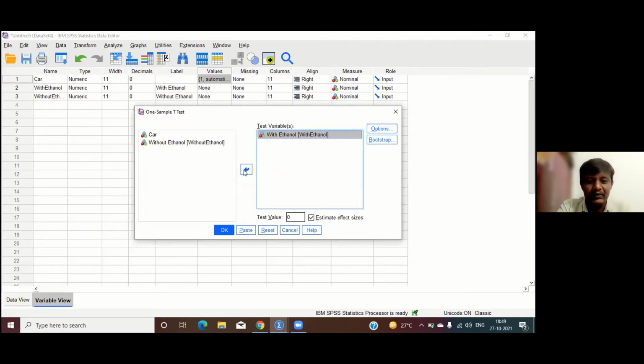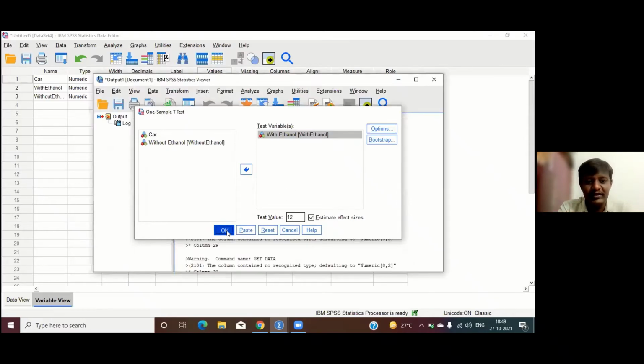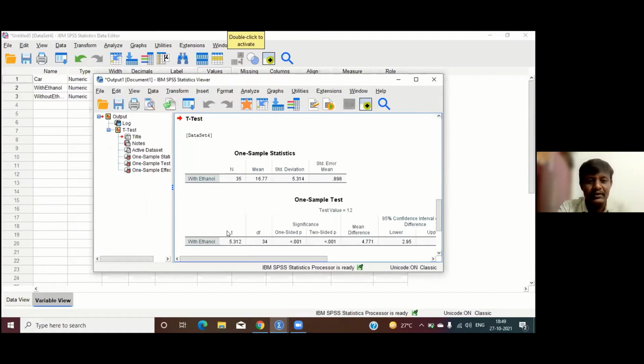Yes, ma'am. Very good, ma'am. Now come down to test value. It is given as 12 in our case. So we can mention it as 12. Now this is okay. Now we can simply click on the OK button. Now we will get the output.